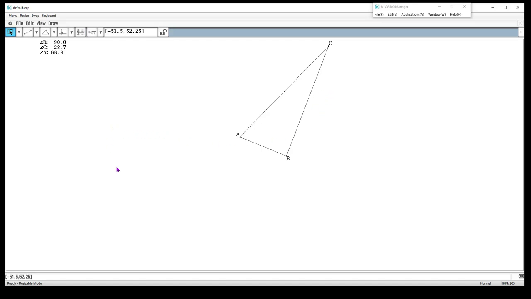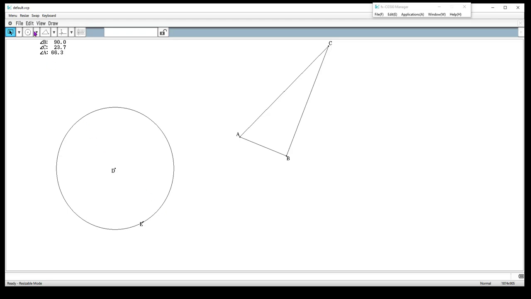Now let's say I wanted to construct an isosceles right triangle. To do that, I need to have 2 sides congruent, right? So we've already talked about this in a previous video, but I could then grab my circle and make a circle. And I know this is my compass tool. I know this is going to give me congruent sides, but how do I guarantee that they are congruent and right? Well, they have to be the ones that have the perpendicular.